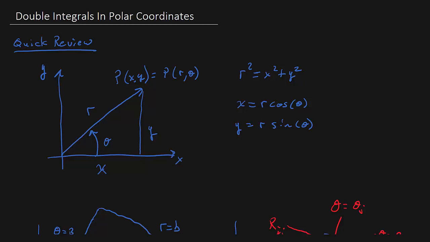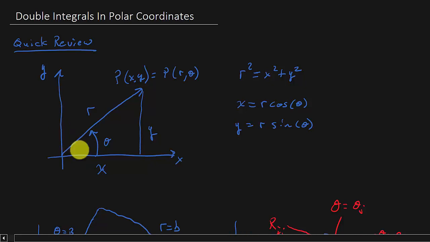Alright, so just a quick review. If we have an angle theta, and this is x, this is y, here's r, and of course that's a right angle there. And we have a point P(x, y). This is in rectangular coordinates, and we can convert it to polar coordinates, r, theta, where we